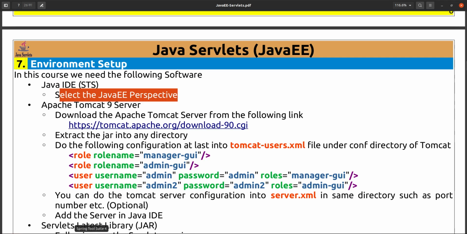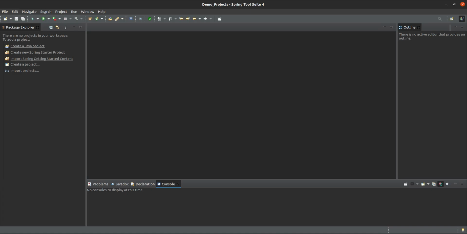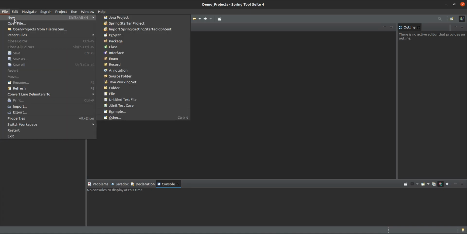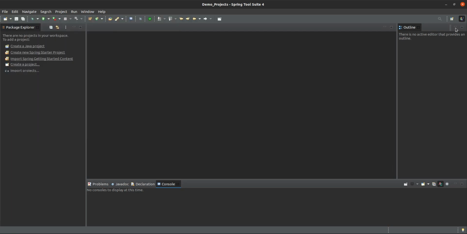If I open this STS window, you can see from here we can create a new project, only a Java project. But we are not able to create a Java web application project here. Why are we not able to do so? Because if you see on the right hand side, this is the Java perspective, which means only the core application, or you can say only the standalone application. We have seen in the last session